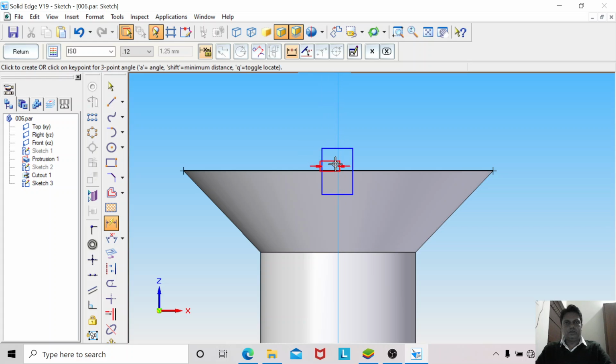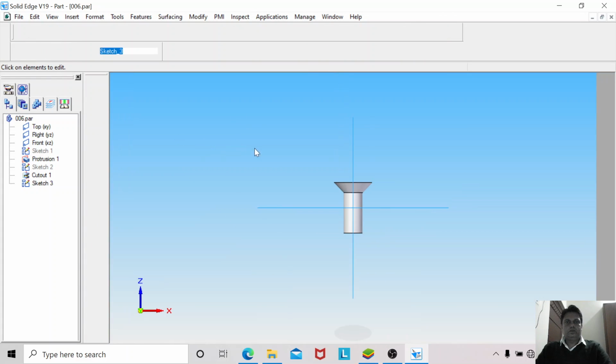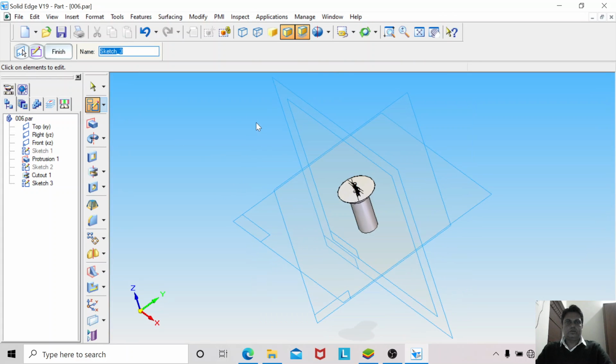So width is given as 2 mm and depth he has mentioned 3 mm. Go back and using the cutout option,